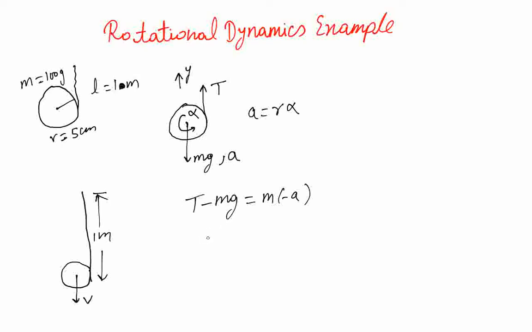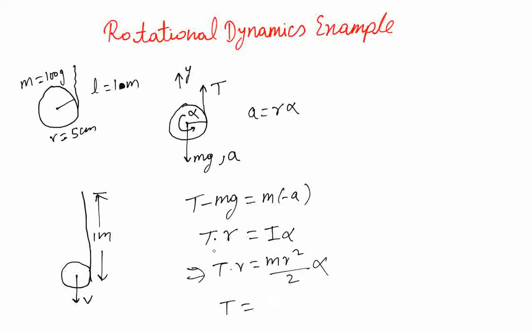Also, we know that there's a torque acting, so we can write T times r, T is perpendicular to r, equals torque equals I alpha. What does this give? It gives T times r equals mr squared over 2 times alpha. So that gives T equals,